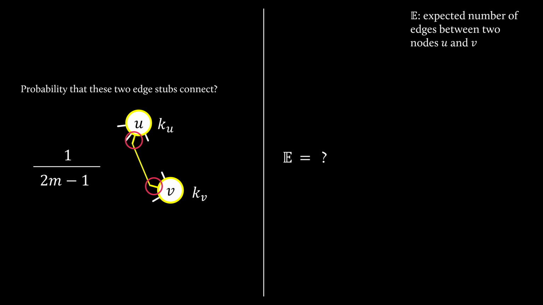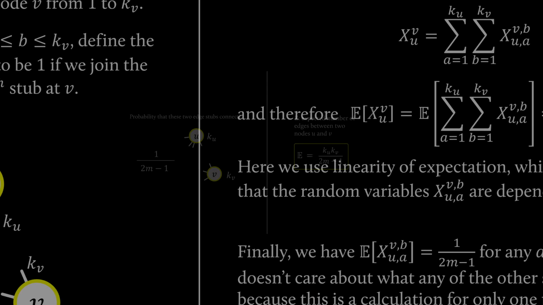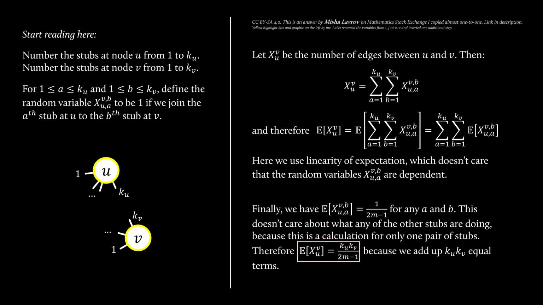Node U has ku edge stubs and node V has kv edge stubs. So without being too rigorous, one could argue there's ku times kv pairs of stubs that possibly connect node U and node V together, so that the expected value becomes ku kv possible outcomes, times the probability for one such event, which we calculated to 1 divided by 2m minus 1. If you're not satisfied with this, here's a more rigorous justification, introducing a random variable encoding whether two edge stubs are connected or not. Pause the video if you want to read through it, otherwise we will now put together